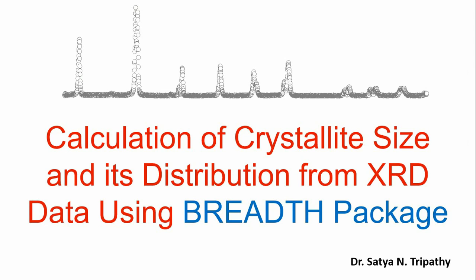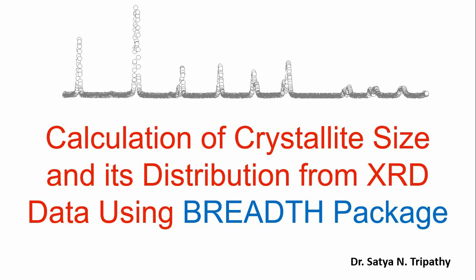So here we basically need XRD data with a very slow scan rate, basically 2 degrees per minute, and the step size you can have like 0.01 or 0.02. Here we need to select two well-defined prominent peaks with good background, and for these two peaks we need to calculate the peak position, peak FWHM and peak shape from Origin software.